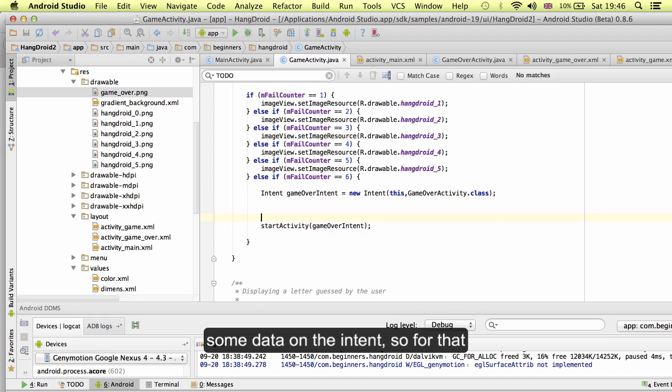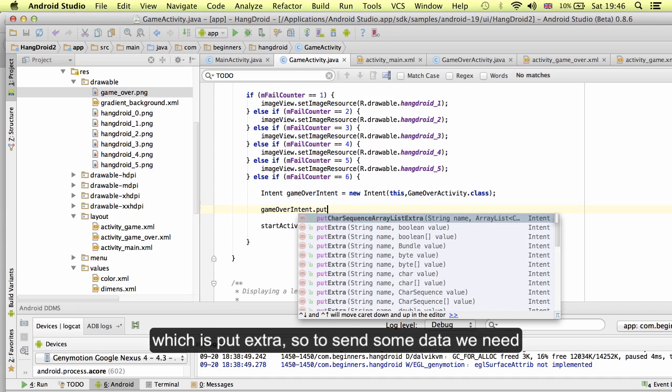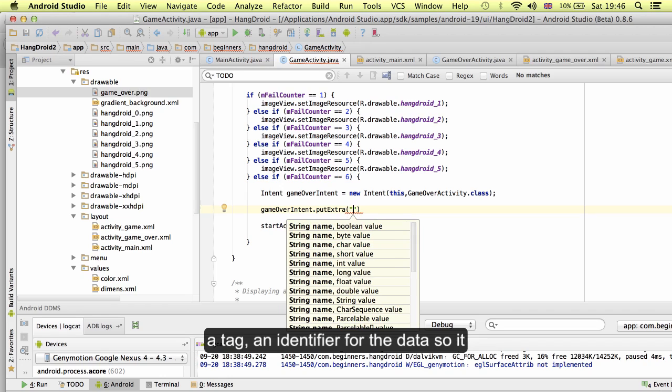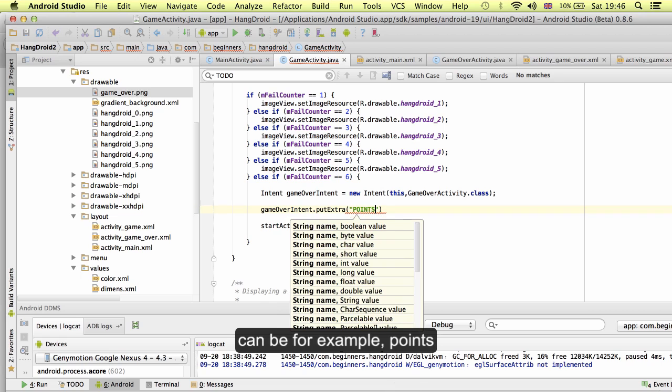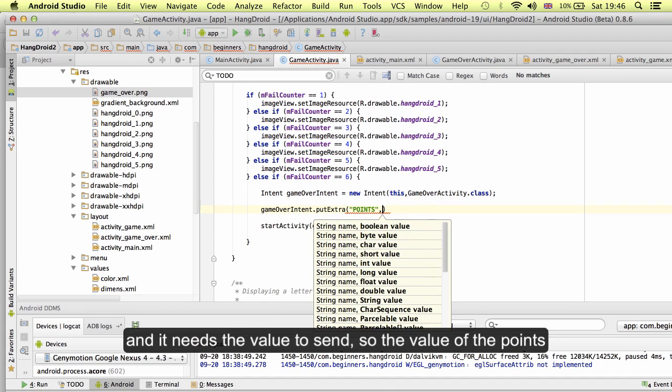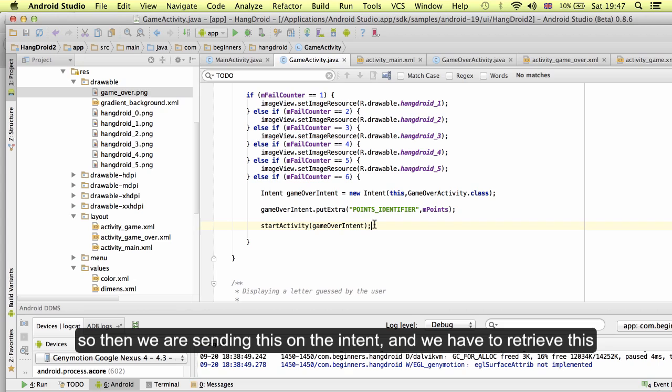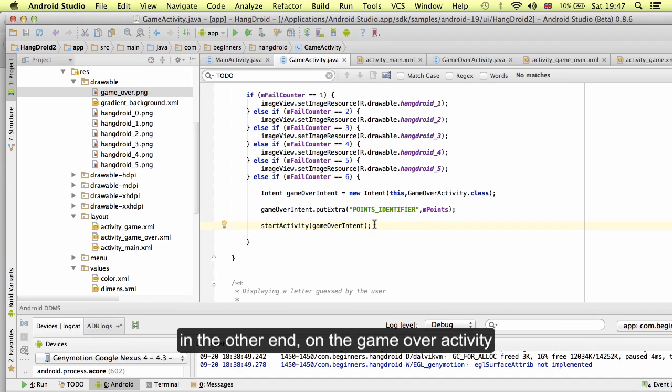So for that, the game over intent has a method which is putExtra. To send some data, we need a tag, an identifier for the data. So it can be, for example, points, and it needs the value to send, so the value of the points. Let's call this point identifier, so you will see it clearly. So then we are sending this on the intent, and we have to retrieve this on the other end, on